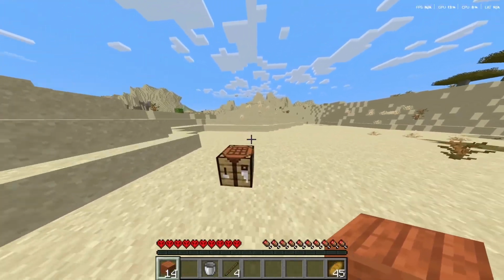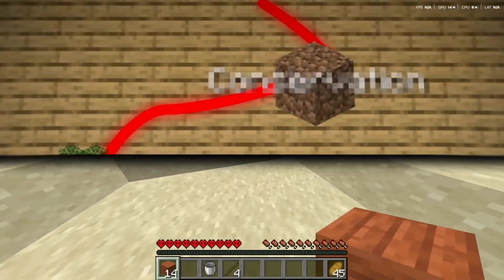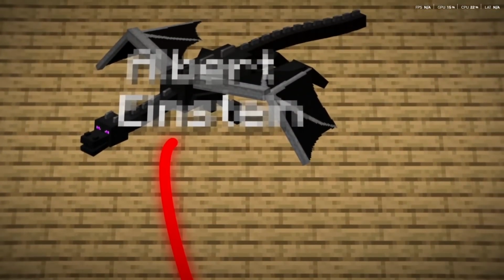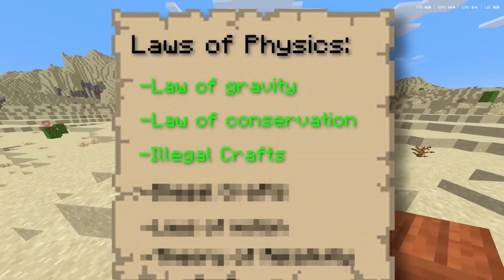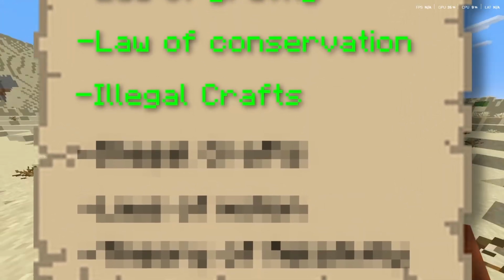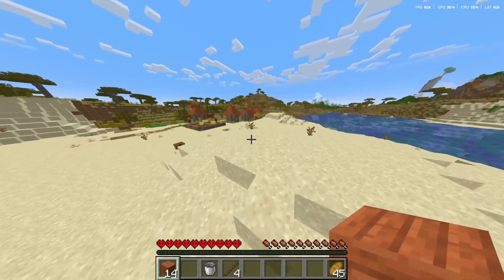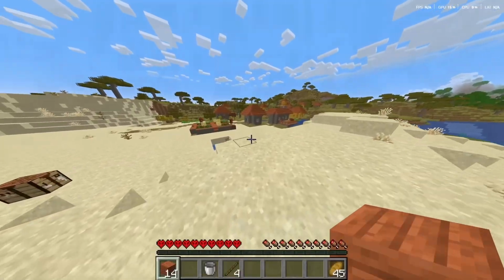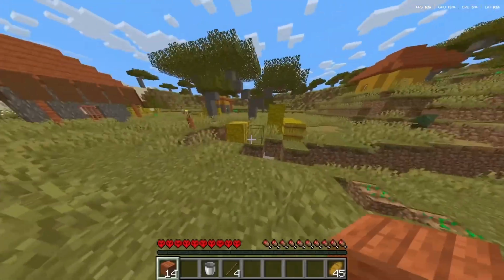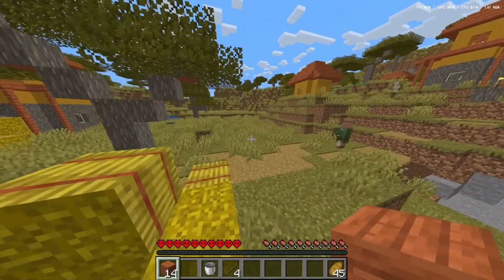Okay, now that we have a little bit of stuff, it's time to actually start working towards beating the game. And right now we can't do a whole lot of stuff. Like we can't craft the majority of crafting recipes. We can't break trees even. So we're just gonna have to loot this entire village. And yes, that is allowed. People loot stuff all the time in real life. And then from there, I'll explain what the plan is.